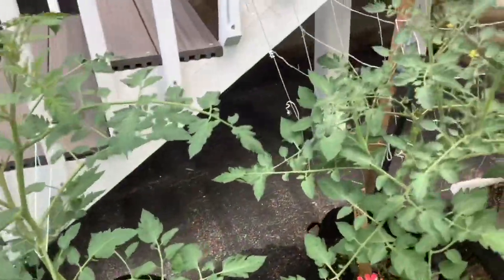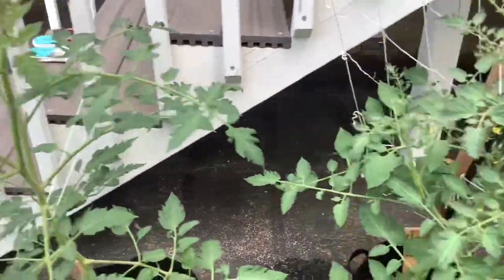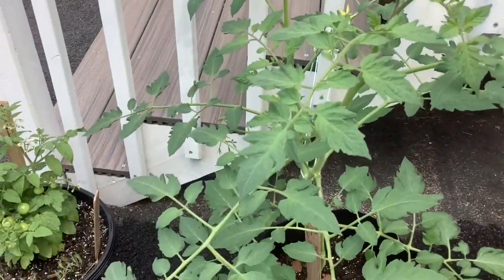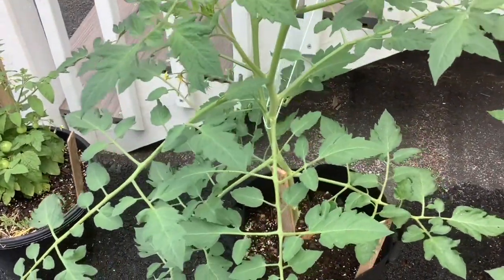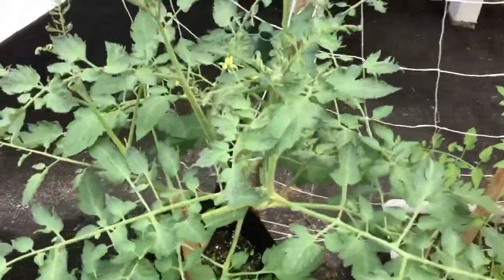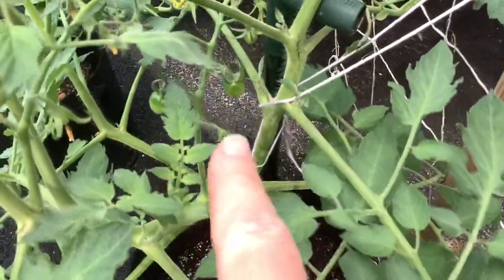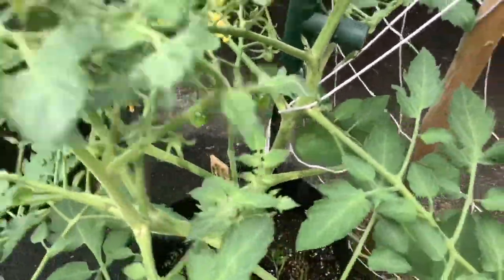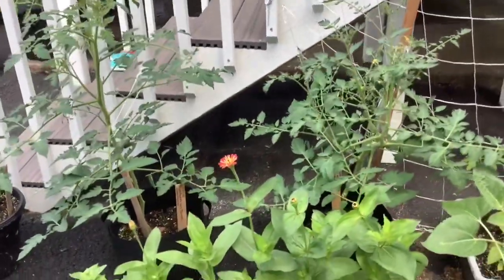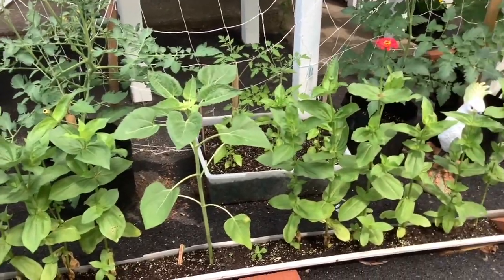These tomato plants right here are both the Super Sweet 100s. This particular plant has flowers, but I don't see a tomato yet on it. But this one, which is the same plant, has tomatoes. See the little tomatoes? So those are doing quite well, and they're behind my zinnia. So my zinnia over here,